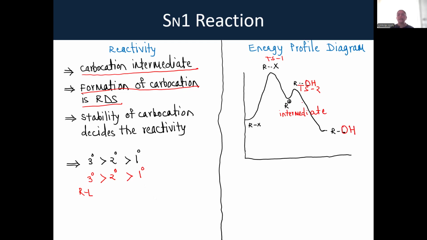So this is the energy profile diagram, and try to understand the energy profile diagram very clearly, because the question is asked in the exam where you have to draw the energy profile diagram. Just note that this energy of activation is much higher than this energy of activation. Why? Because in the second step, a charged intermediate is getting converted to an uncharged intermediate. The reaction is easy.